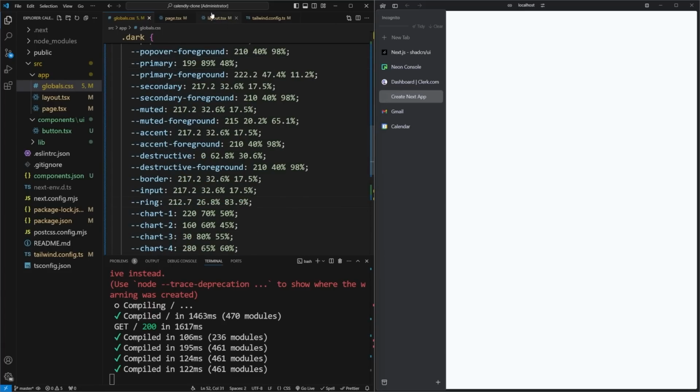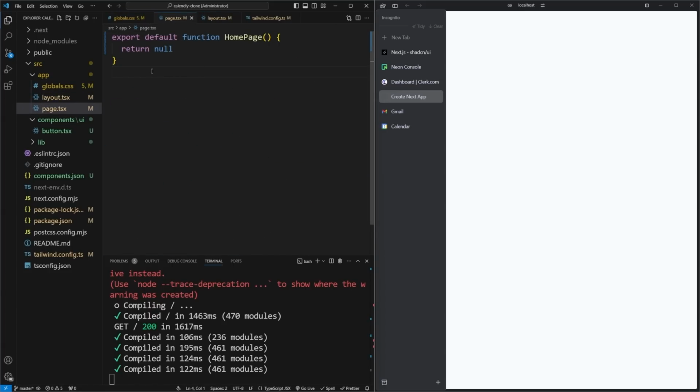So now with that out of the way, we can actually work on our homepage. So if we go to our homepage right here, this is going to be a very basic homepage because the bulk of our application is behind the homepage after you sign in, or if you're on like a scheduling page. We don't really care what the homepage looks like. That's for like the designers and the front end people to worry about. We're worried more about the functionality. So for this, I'm going to make it very simple. It's essentially just going to be two sign-in buttons, a sign-in and a sign-up button, as well as some very